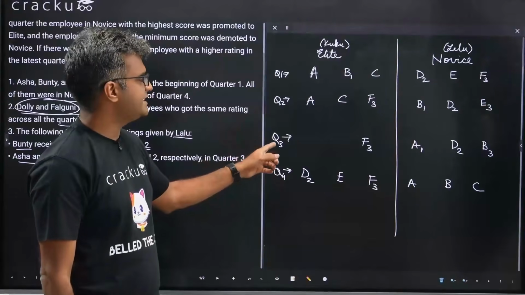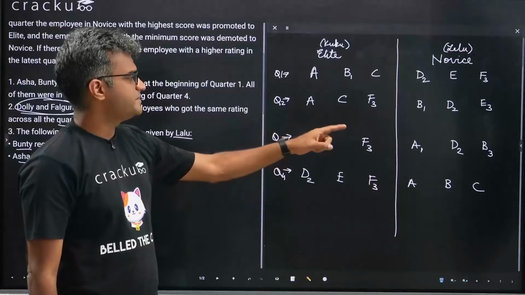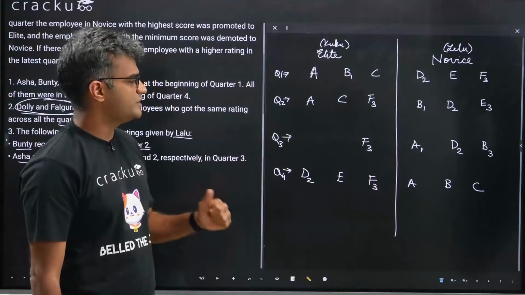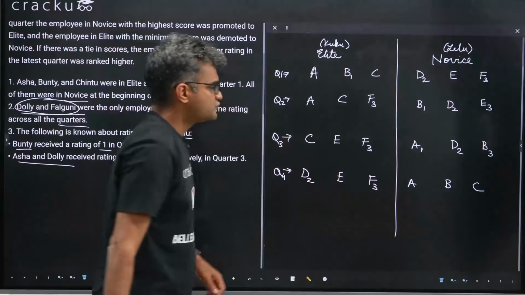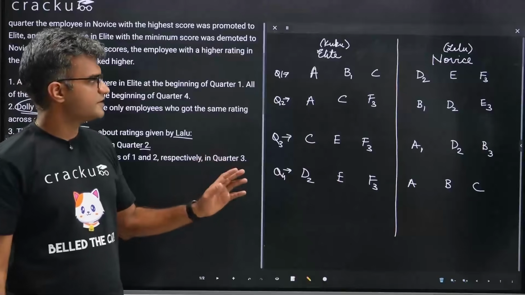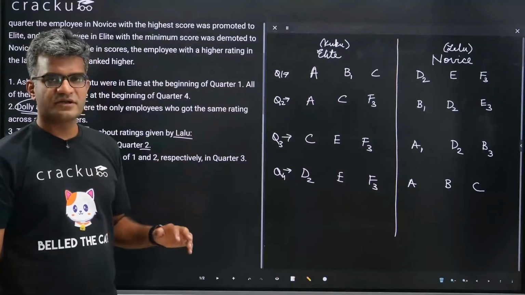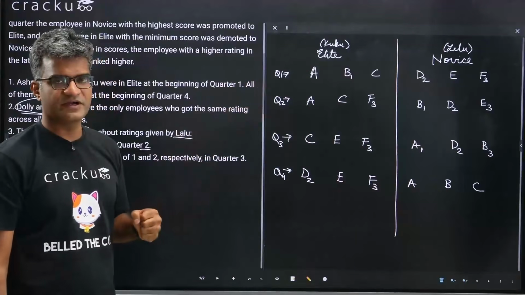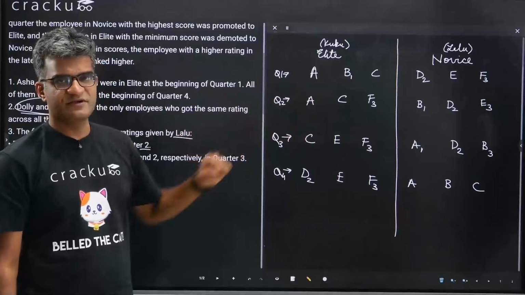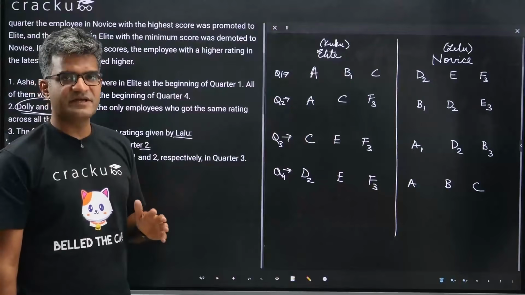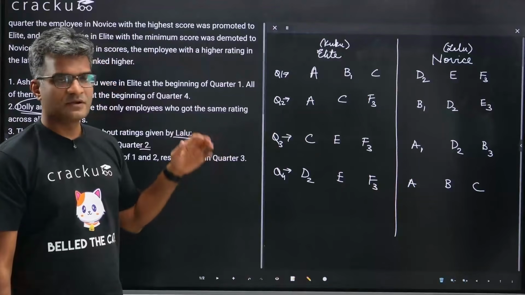Who are the 2 elite in Q3? A, B, D and F are done. The only 2 remaining are C and E. So, one thing is clear. We have figured out at the end of each quarter who is part of the elite team. We have figured out who is part of the Novice team. The only thing that is remaining is we have to figure out what is the score